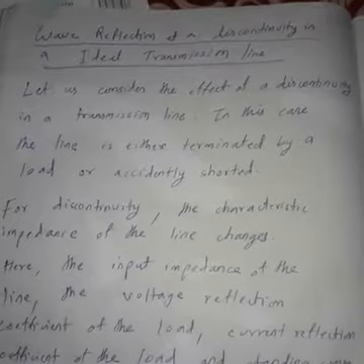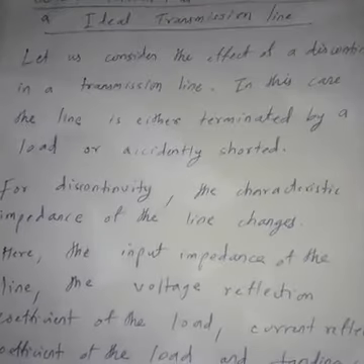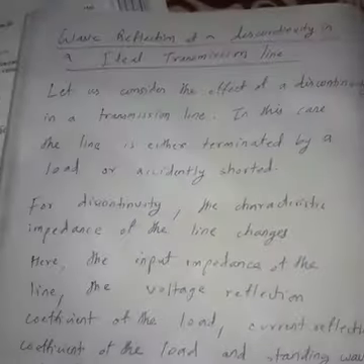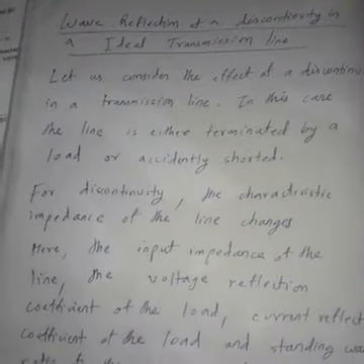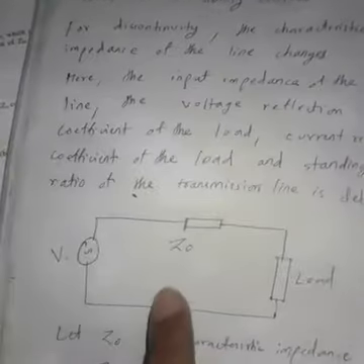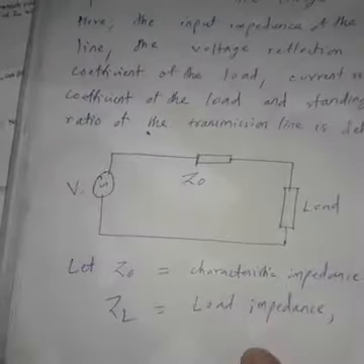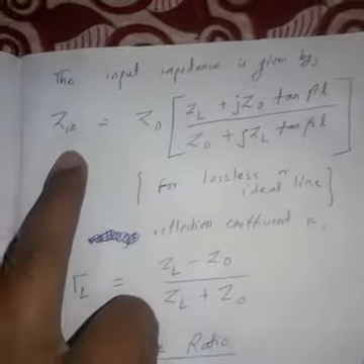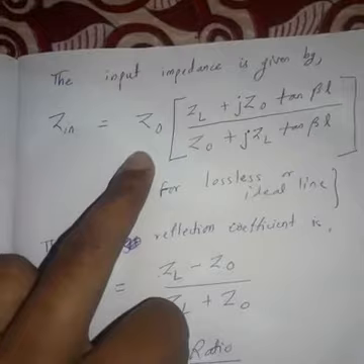In wave discontinuity, you have to remember the following things. The discontinuity is created by either a load or a short circuit line. In this topic, we consider the load case, so we have shown the line is discontinued by a load. Then we define the characteristic impedance and load impedance, and you simply have to remember the formulas I told you. In this section you have to remember the formulas, because the derivation is not in our scope.